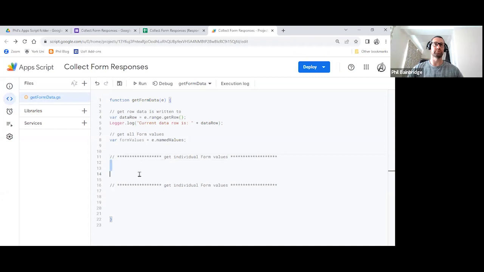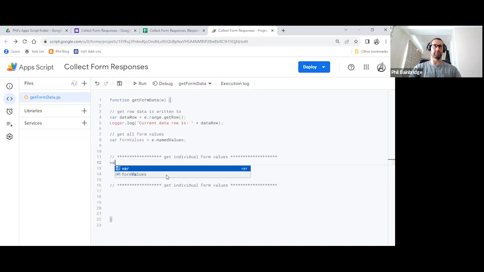What I'm basically doing is creating a section of text, because the code we're going to write in here now is going to be extremely repetitive. It's going to be repeated for every single question that we've got. Now, for us, that's only 3 questions. For you, you could have a form with 30, 40, 50 questions. So the first thing we're going to do is get the email address.